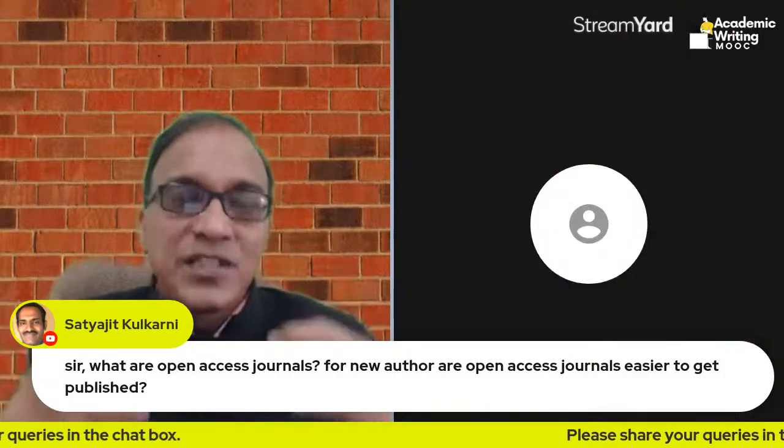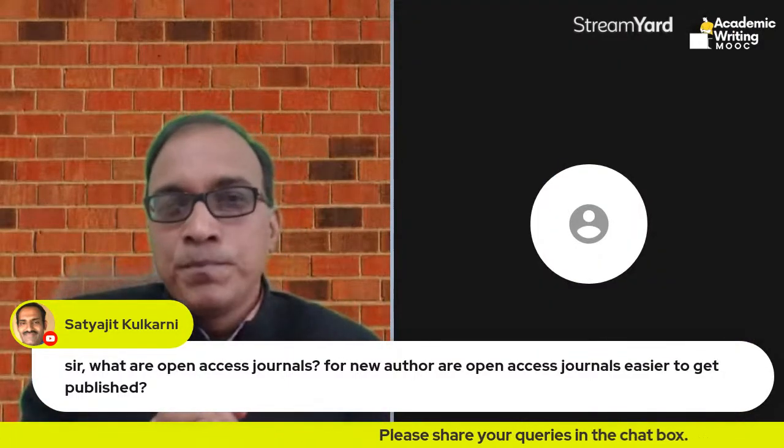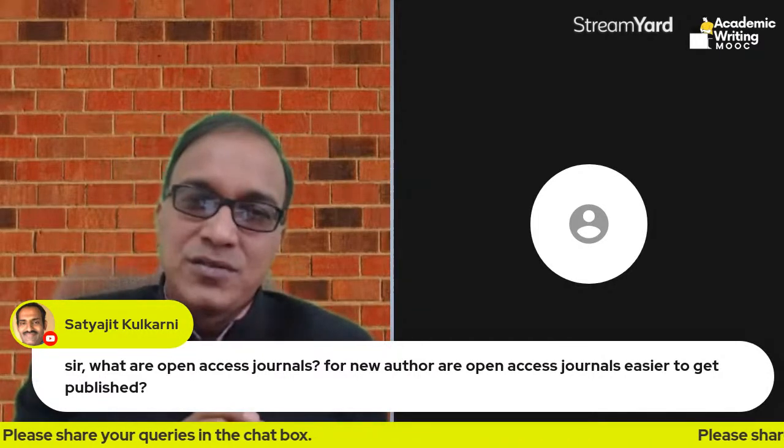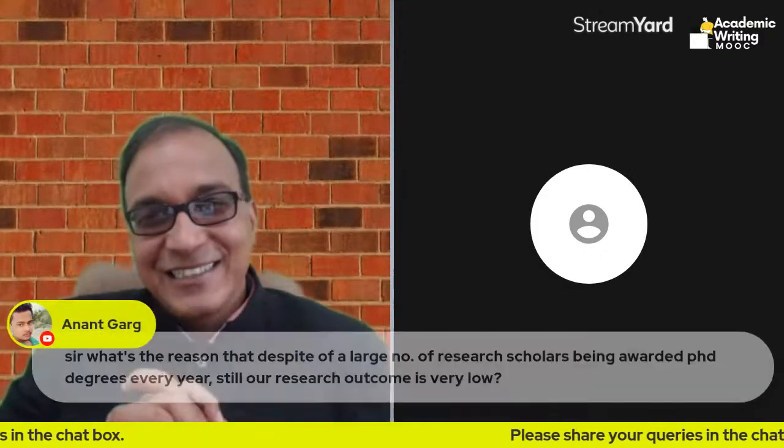Otherwise, there are so many substandard open access journals, which may or may not be taking money, because the journals which are opening their shops today do not charge initially. They just publish without any peer review and all that. But it will dilute your work. It will take down your research credibility if you publish in those substandard journals. In the future, when you become an established researcher, you might feel guilty about why you published in that particular journal. So just be ready for that. Thank you.